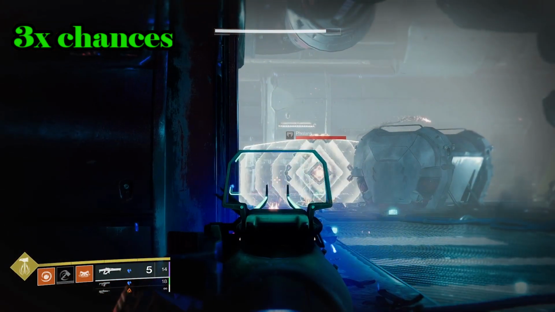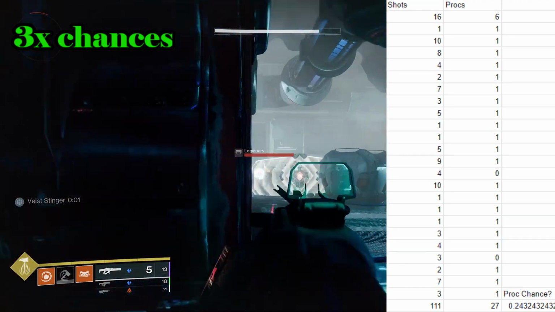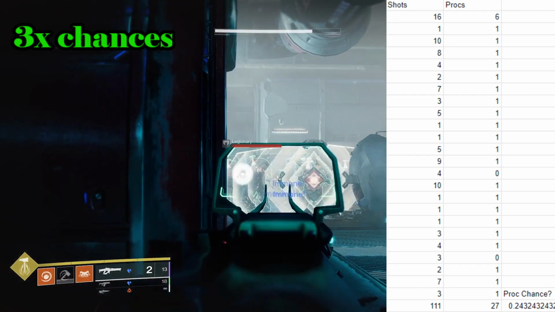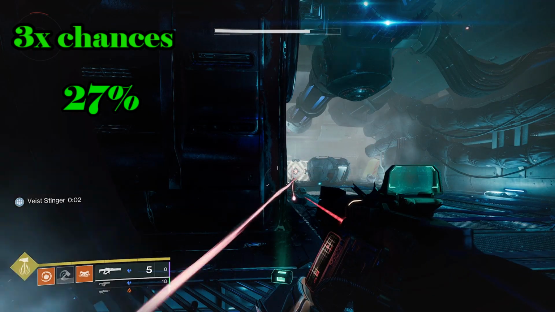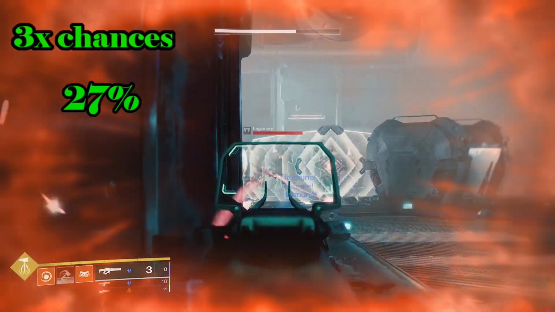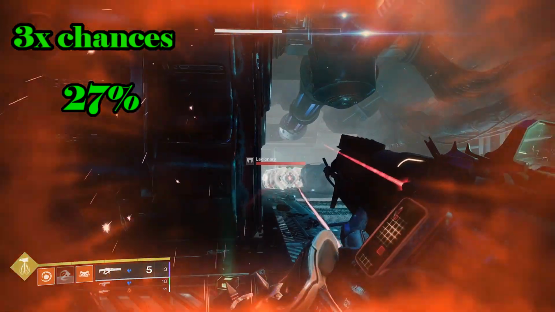Then I took all the shots I fired, compared them to the times it procced, and came back with a 24% chance to proc per burst, which is actually kind of insane. When we look at the numbers, it's actually possible that I was unlucky, and that the real chance was 27.1%. I say this because it's most likely that each shot has a 10% chance to proc, just like normal linear fusion rifles. But then when you take that 10% chance on a 3-round burst, that's where you get the 27.1%